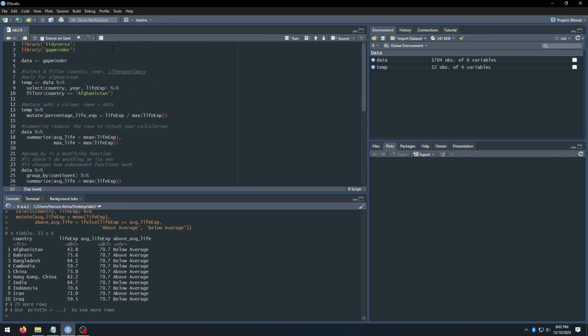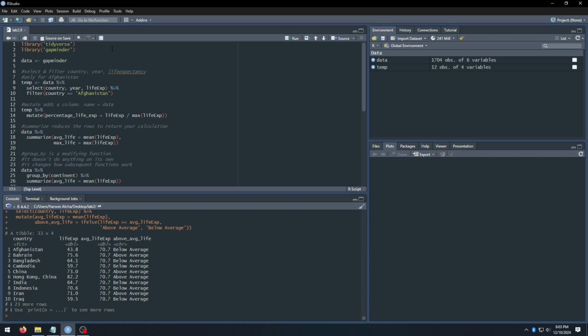Our total script. Let's go over what we did today. First off, as always, we loaded the tidyverse, and for our data today, we used the gapminder data. Then we loaded our data into an object called data. We summarized and refreshed how select and filter work. And then we discussed mutate. And mutate, remember, adds a new column, and it fills that with data that you tell it how to calculate,